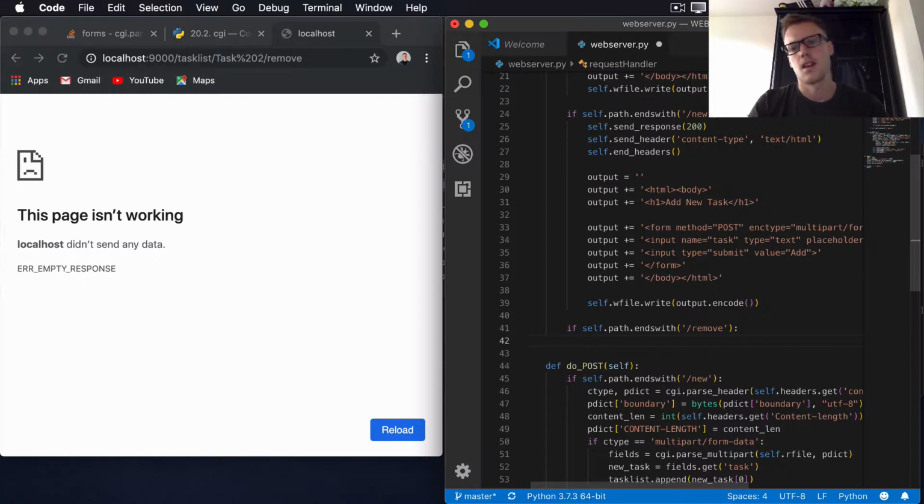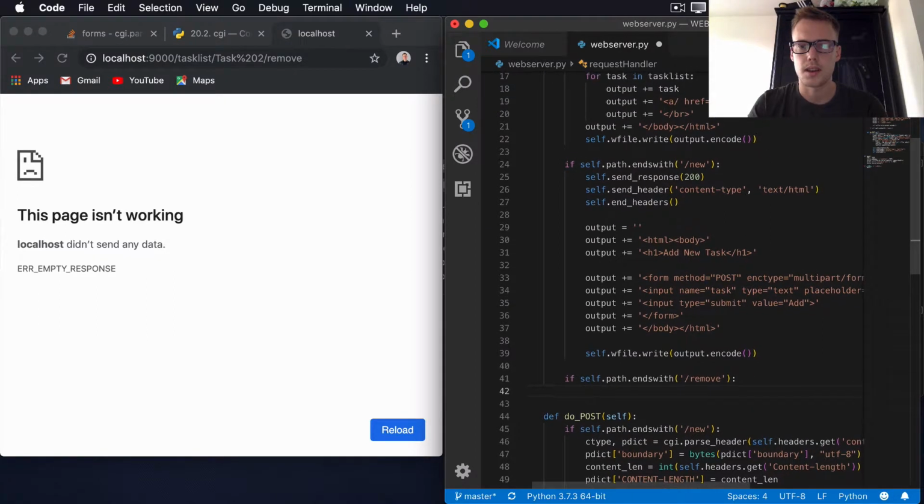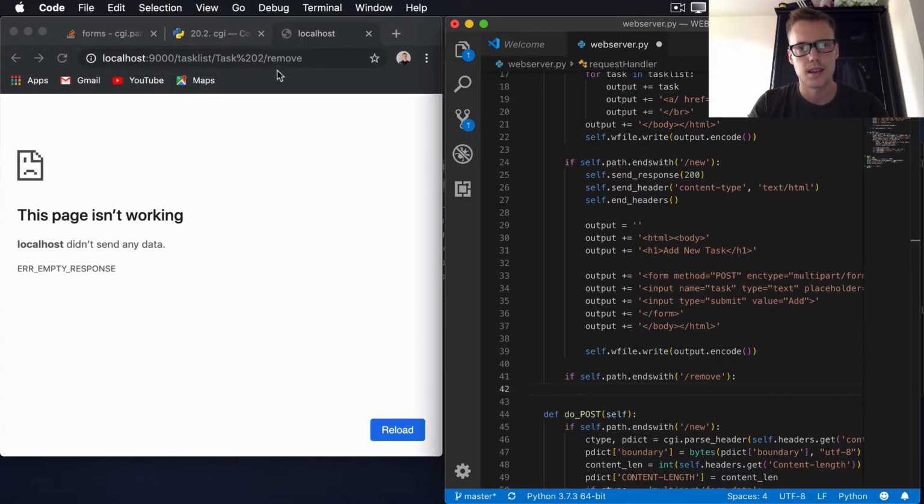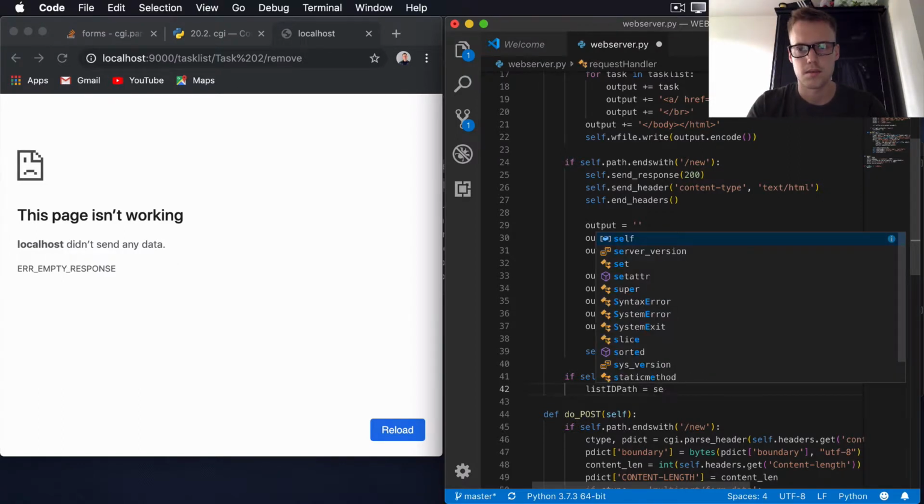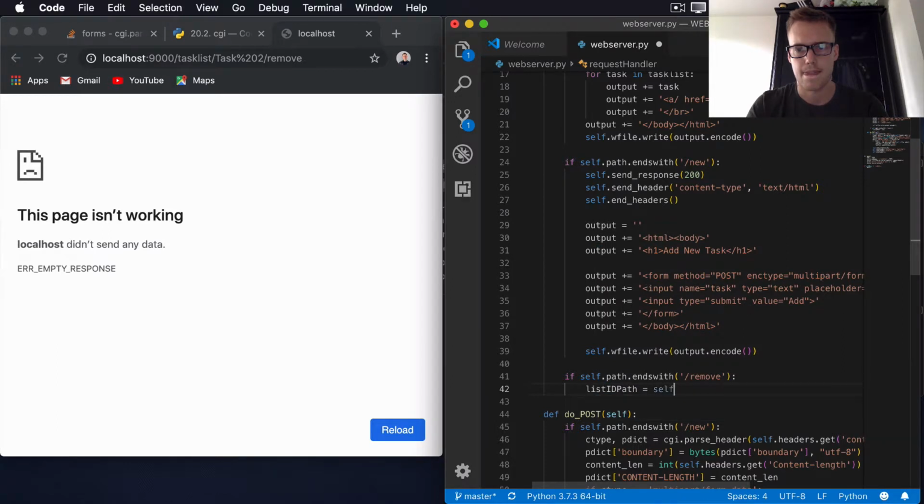Okay, now the first thing I want to do here is just get the task list ID for this task here. So we'll say list ID path equals self.path.split